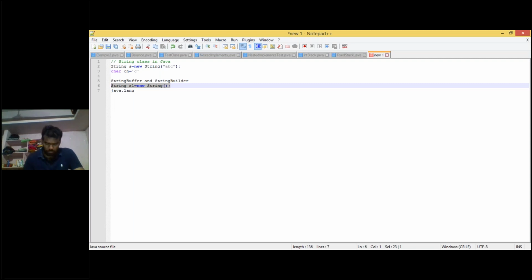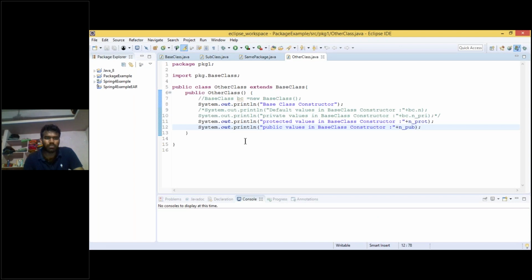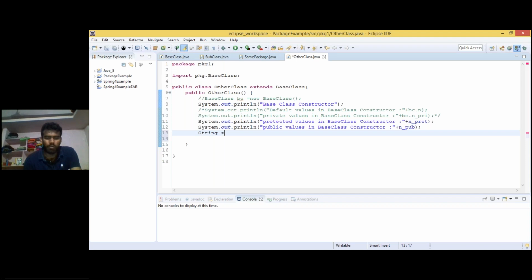Once we create a String class, what will happen? Let's open our IDE. So this is the way we can create an object. Now what I am doing here is,